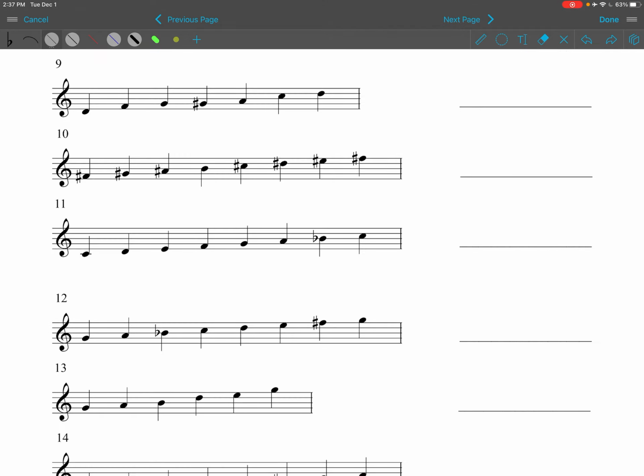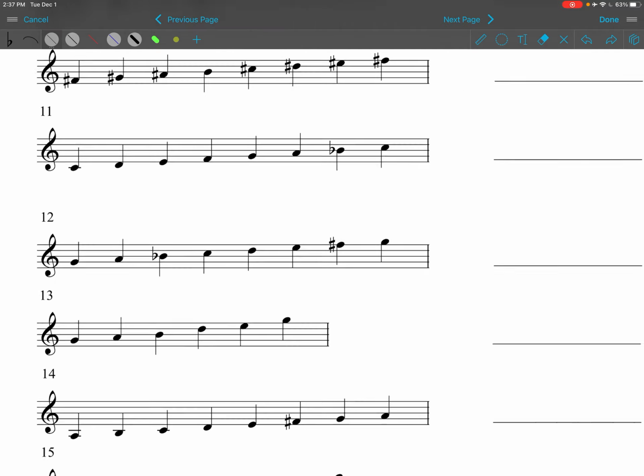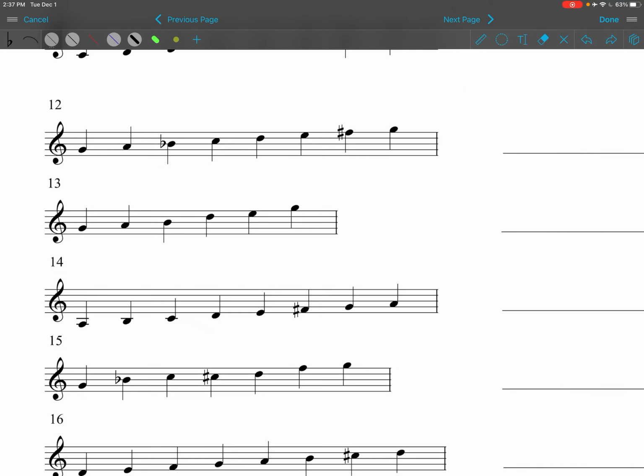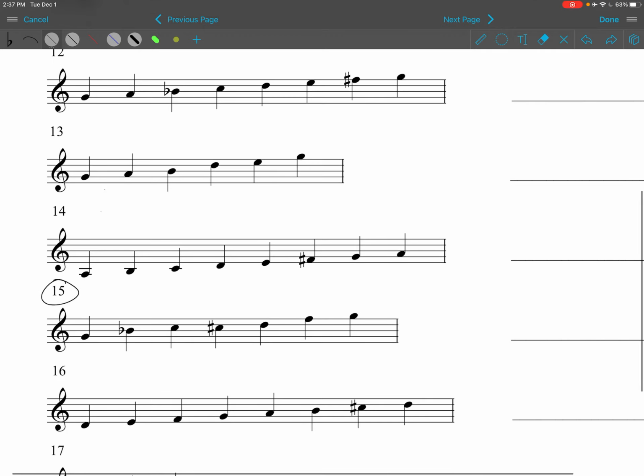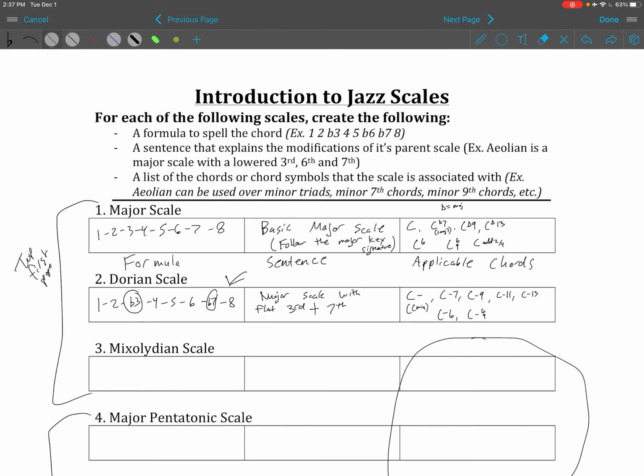Let's do a difficult one, or one that's a little bit weird. Let's do number 15 here, okay? So 15 is a weird one, because right off the bat I can tell that there's something weird about the scale because it doesn't have the same amount of notes as all the other scales. I only have 1, 2, 3, 4, 5, 6, 7, whereas I usually have 8, right? So something is weird about this one. We didn't get to this in the paper yet,